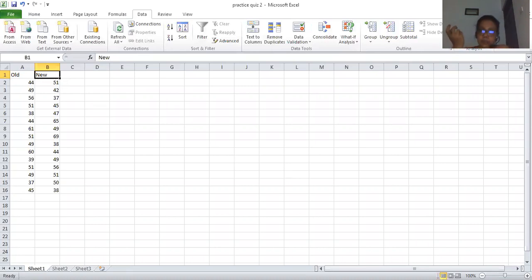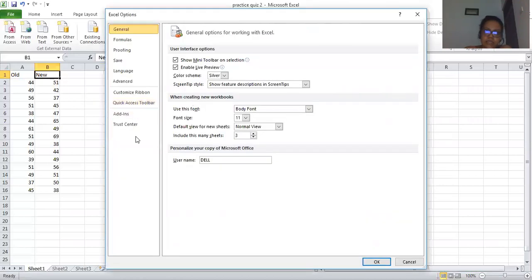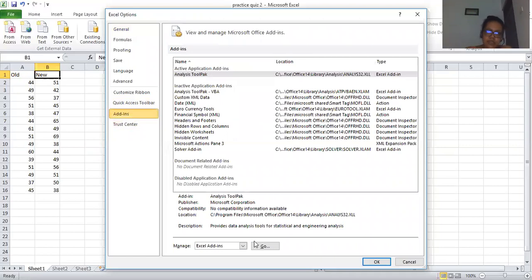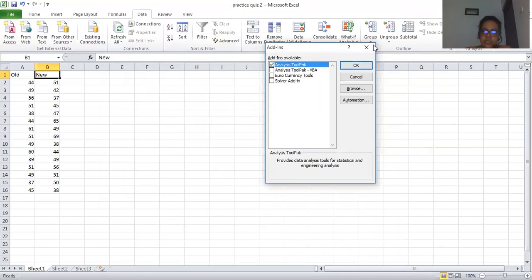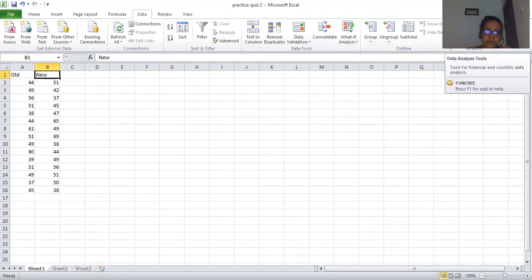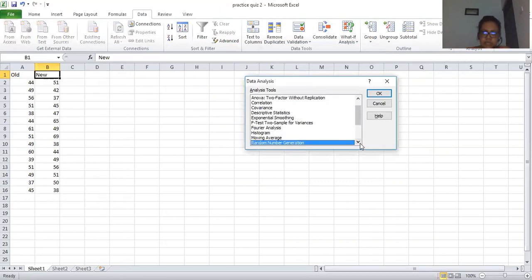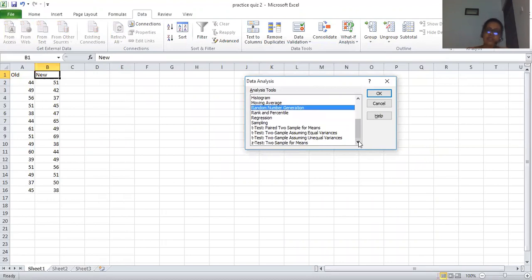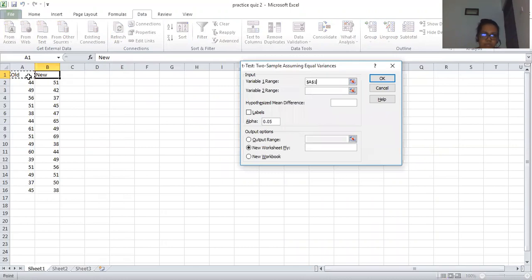Normally the data analysis toolpack is not readily available, so you need to make it available by going to file, options, add-ins, and here you have to choose it and click OK. So I have made it available. Now we are going to do the t-test. Since we are asked to assume that the two samples have equal variances, we are going to choose t-test two samples assuming equal variances. Click OK. So variable 1 range would be all, variable 2 range would be